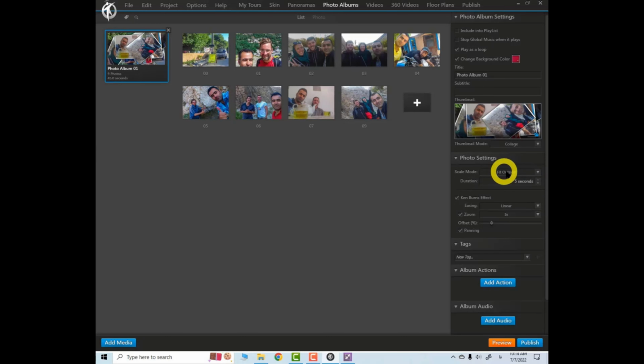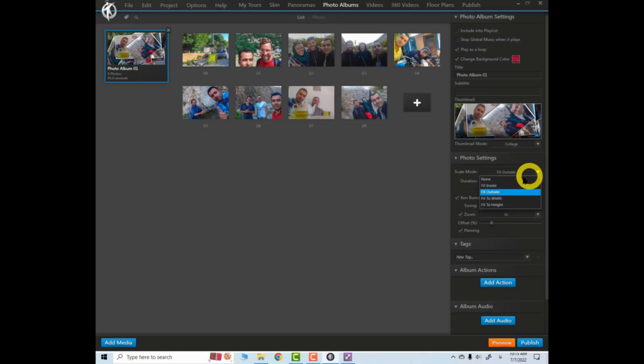Fit outside, which is the default, means that regardless of the display size, it shows the photo album image as is. In other words, it keeps the image dimensions fixed. If the display size covers the image dimensions, then the image will be visible as is. Fit outside means that the image can extend beyond the display screen, or only part of the image might be shown. Obviously, this isn't very desirable, and it's better for us to change this setting and never use fit outside,